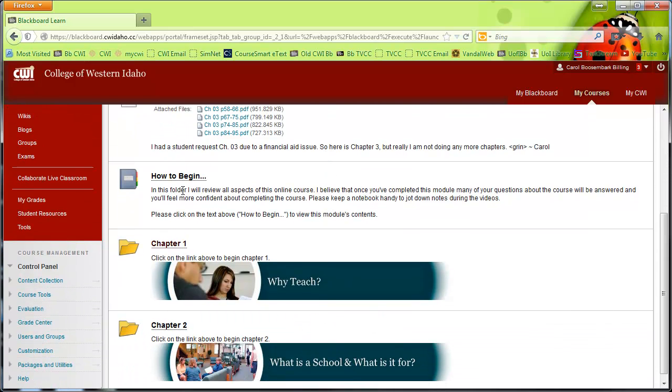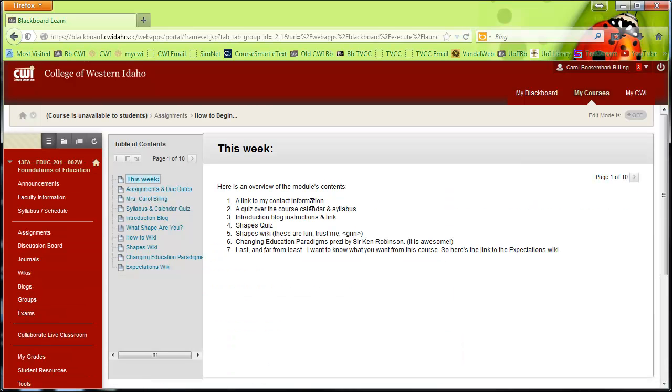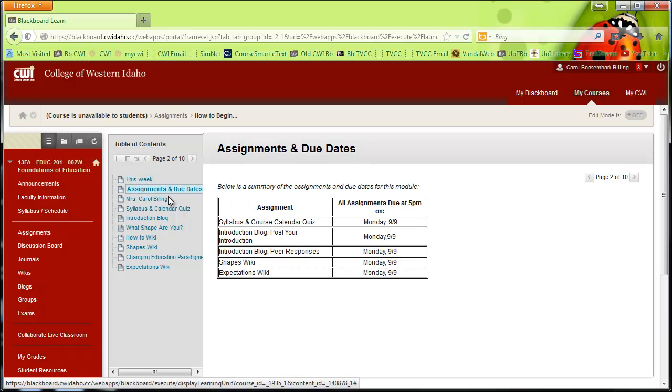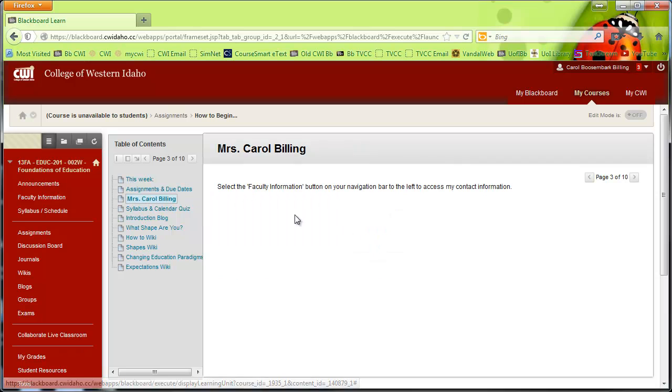Okay, so the first place you're going to go is how to begin. And then you're going to go through each one of these tasks, right? And so this just tells you, remember to go to faculty information and look at my contact information. I want to make sure you know where that is. Here is the link to remind you to go to the exams button and complete the syllabus calendar quiz. And so that allows you to look at a copy of the syllabus and the calendar while you take the